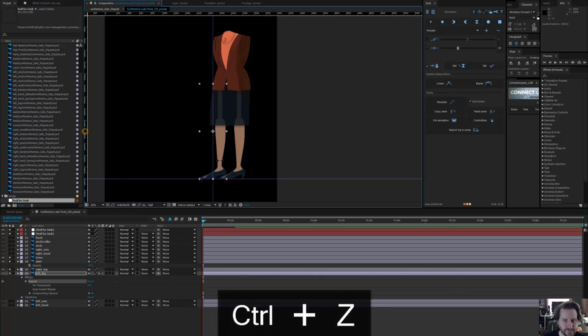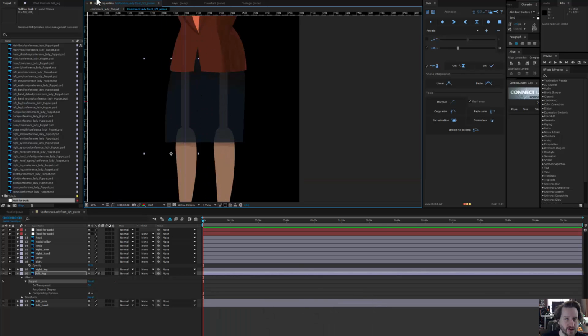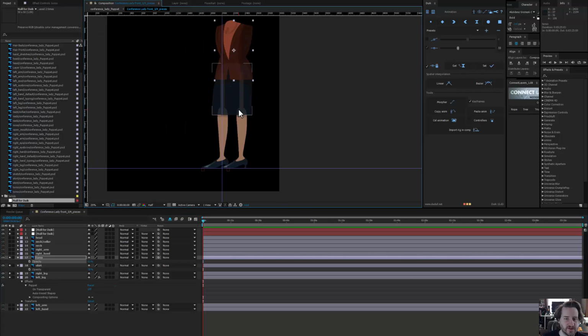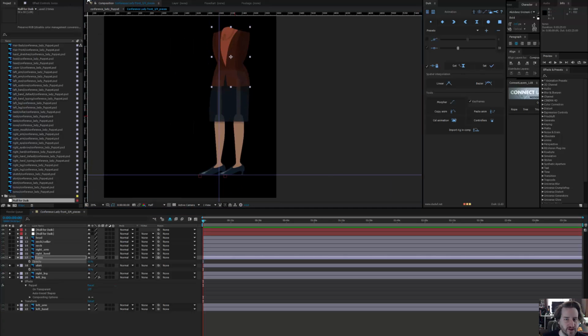I'm gonna undo that. Okay, I'm gonna put this line here. I'm gonna make her torso a little transparent as well so we can see her little stumpy weird things going on. And I think if we put them here,